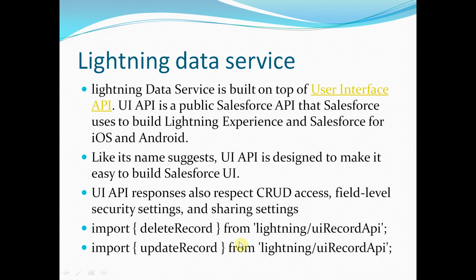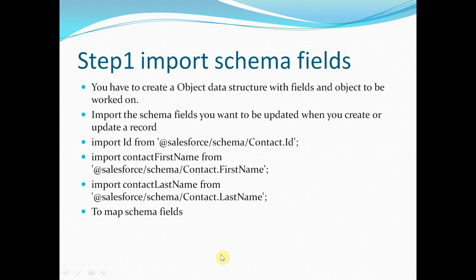Now, as you know, we imported the class methods earlier. If you remember, we imported the class methods, right? Here what we're going to import is methods, but not Apex, but API methods. So we have deleteRecord, updateRecord. Like this, we have other APIs also. The details are all shared in the tutorial further down in the documentation. But right now, the link is Lightning UI Record API. From that you can use either deleteRecord or updateRecord. So there are a couple of things that you need to import.